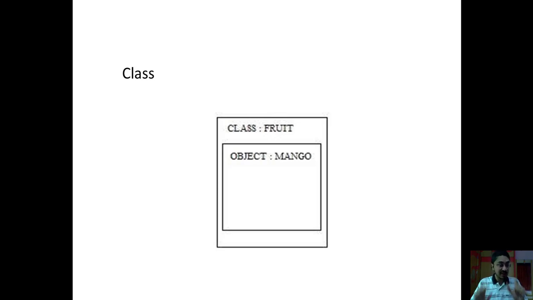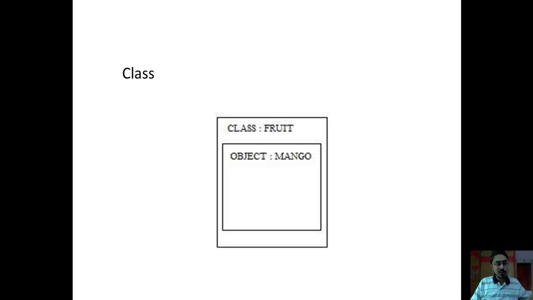So hope the concept of class is clear to you. Now why do we call it a class? Because this word class is coming from the word classification. Suppose we needed thousands of objects for the bank management software, but we have done the classification over here. Classification in the sense that we have grouped them according to their nature.